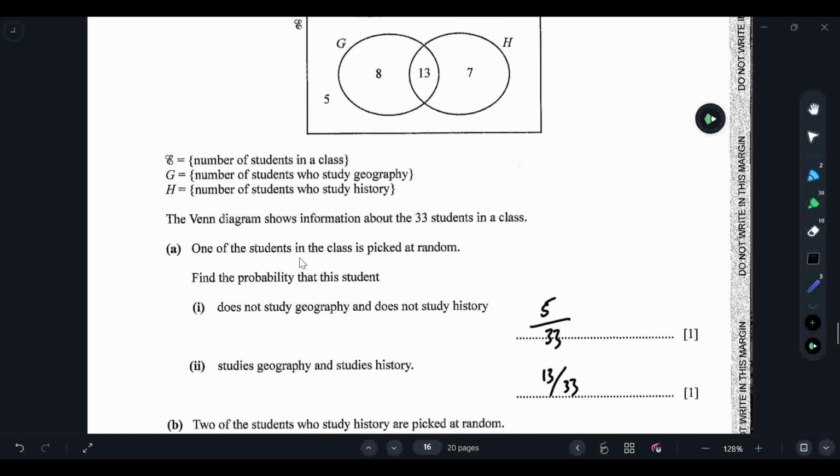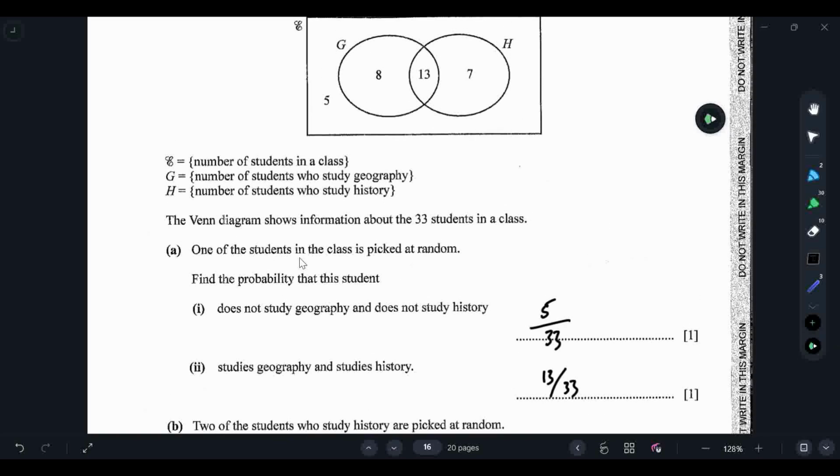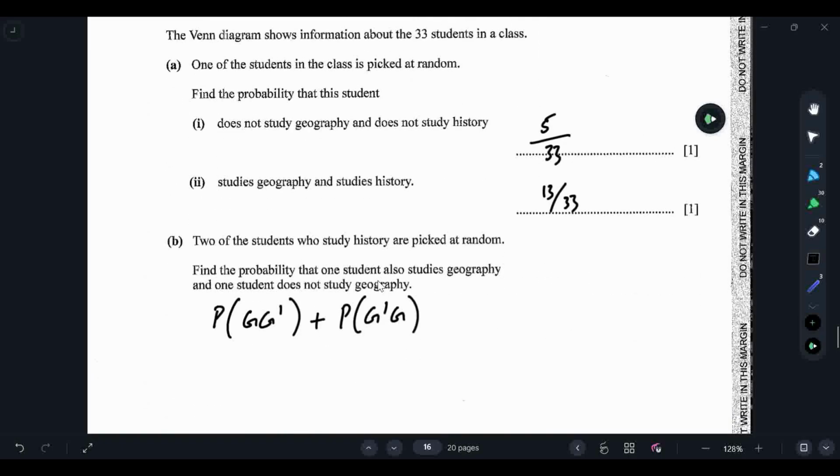okay, so this will be 6 students study geography and 7 students study history. So for geography, if we add it, geography students will be 14 and not geography students will be 19. Not geography students will be 19. So because we add these two, this will be